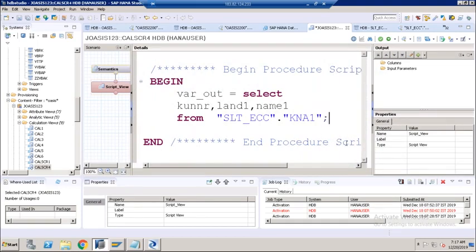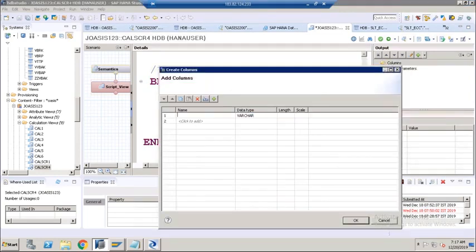Then every statement ends with semicolon. Here in the columns we need to mention Kunnar, but here